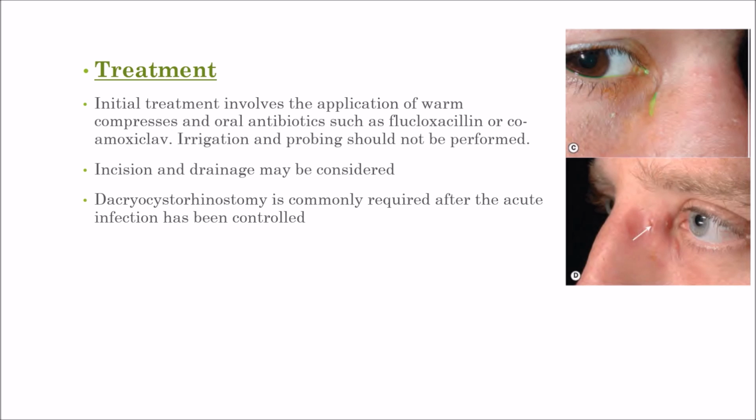The initial treatment involves the application of warm compresses and oral antibiotics such as flucloxacillin or co-amoxiclav. Irrigation and probing should not be performed. Incision and drainage may be considered if pus points and the abscess is about to drain spontaneously. However, this carries the risk of a persistent sac skin fistula,